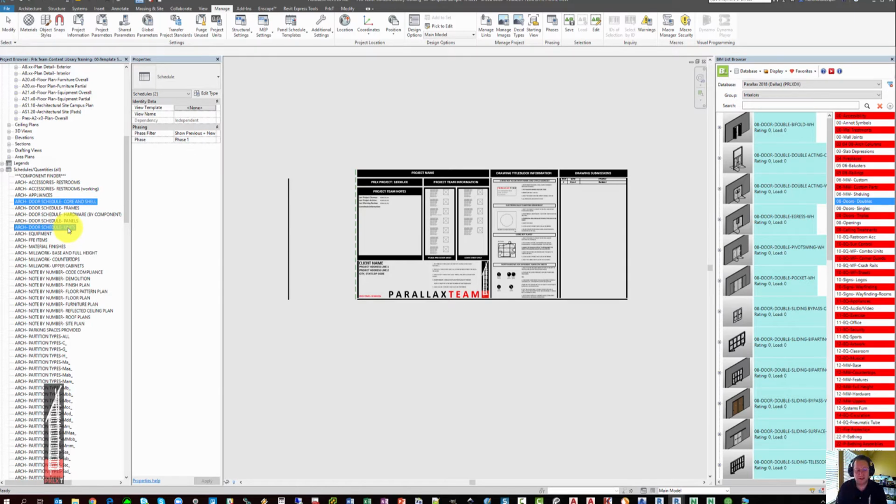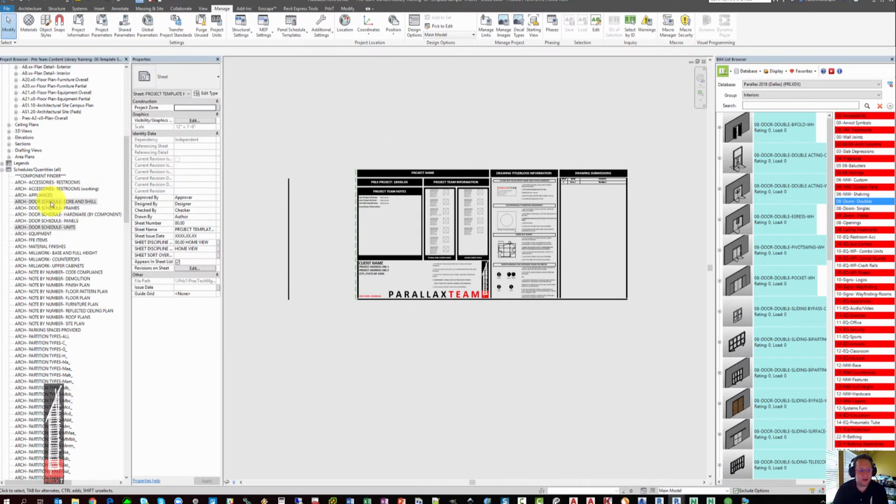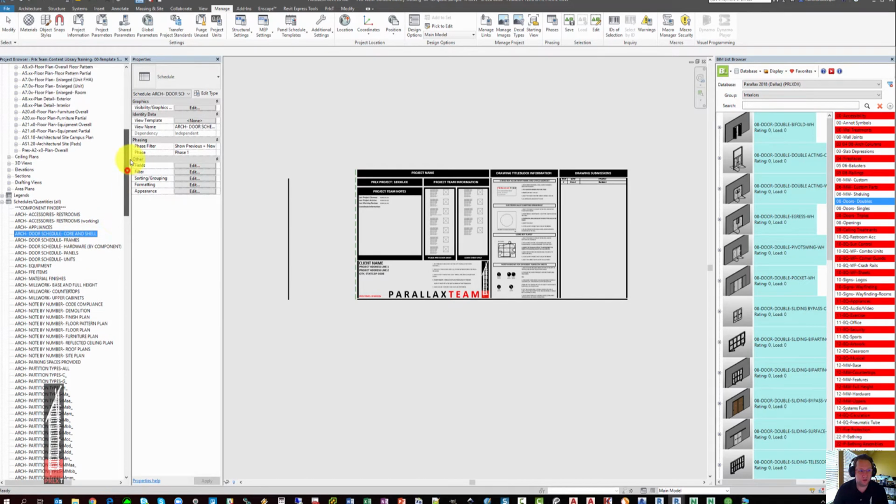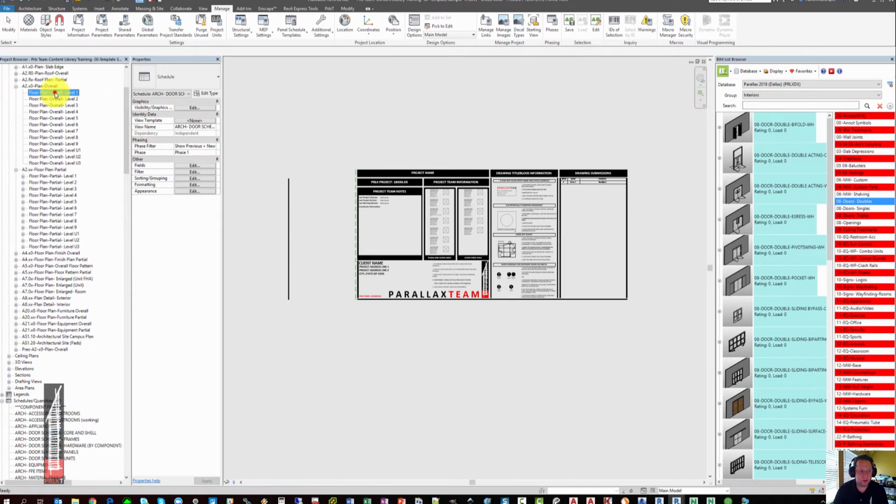The main difference there is that the doors are sorted by type and that they do not itemize every instance. That's more for if you are doing projects where you would like to call your doors door type A, door type B, door type C. Conversely, the door schedule core and shell is your standard door schedule that will list out every itemized door in